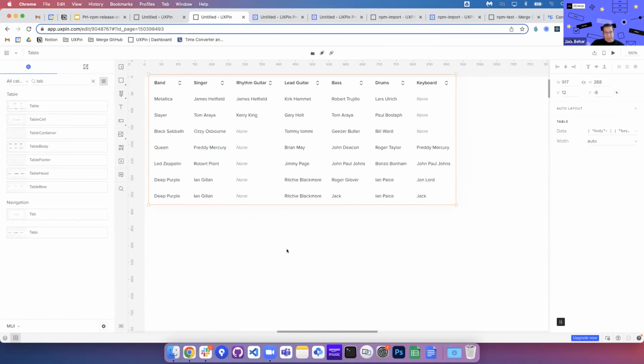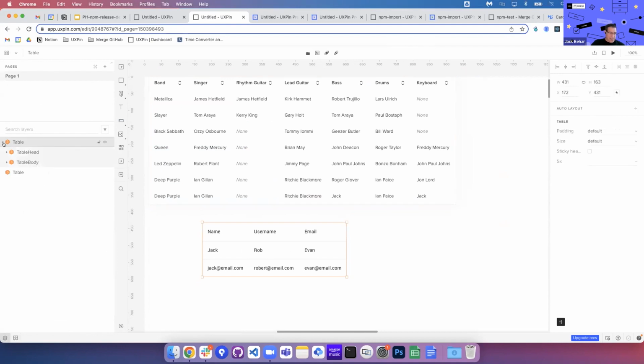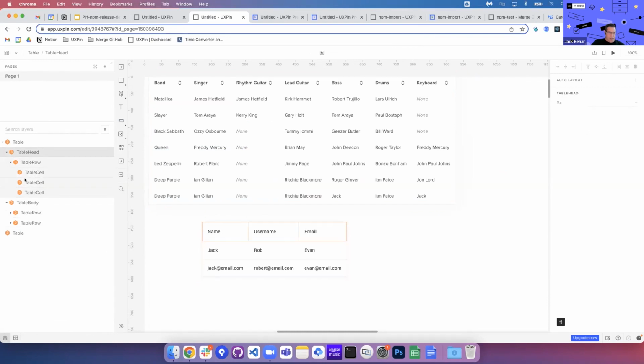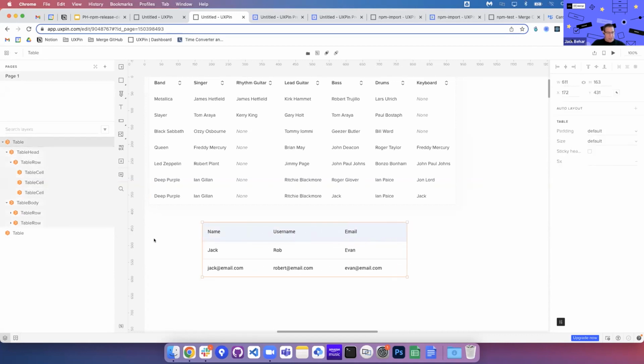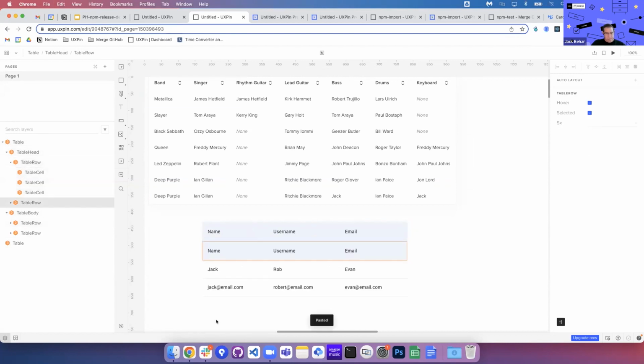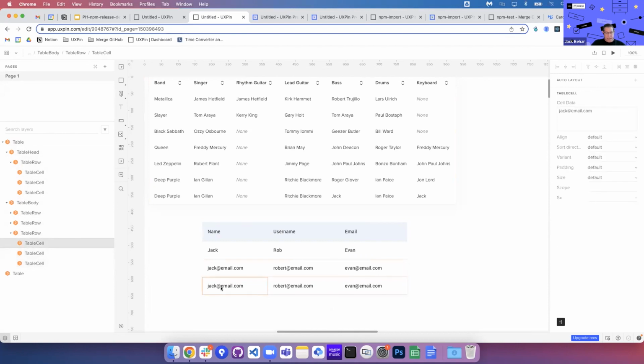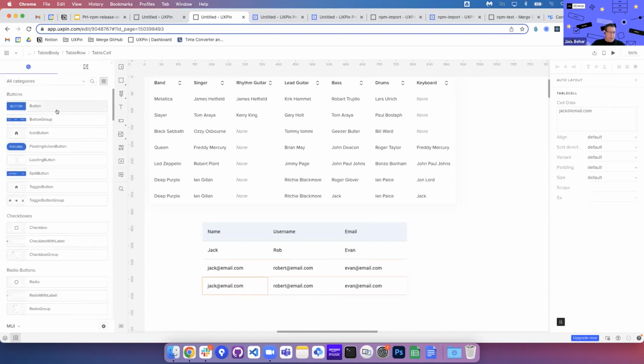And this table component now is going to look and behave a little different than the one we previously showed. The one that we previously showed is calling on data via this object. However, this other one is actually built with nodes. So you've got your table rows, you have all your table cells that you can modify, and table rows has its own set of properties, right? Like selected and so on. And you can just easily add another row, and each row has its own set of cells that you can now bring in anything you want, like maybe